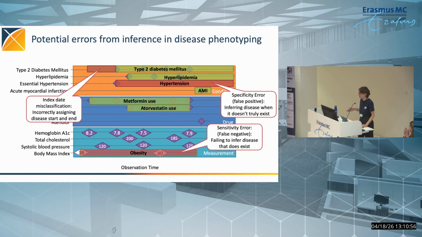And finally, with obesity, we could see through the measurement data that this patient had obesity because there are several measures of body mass index indicating obesity. And if we had defined obesity just using condition codes, not looking at the measurements, we would have missed this